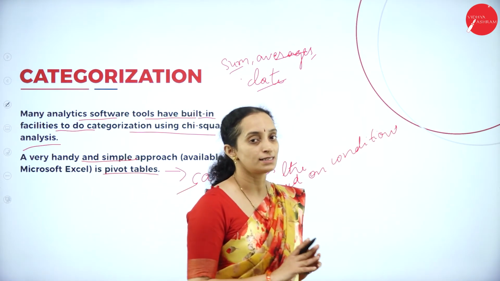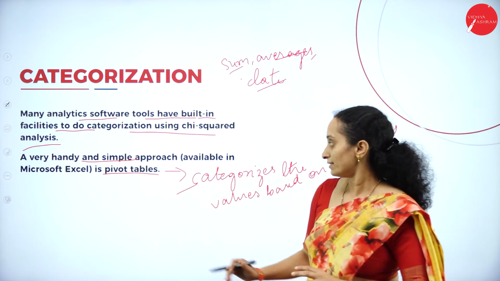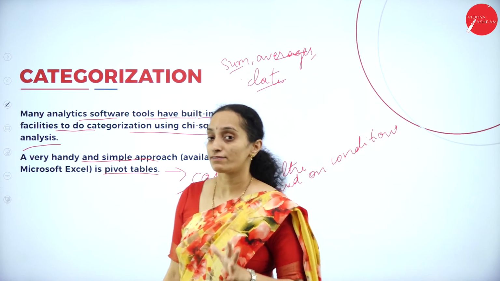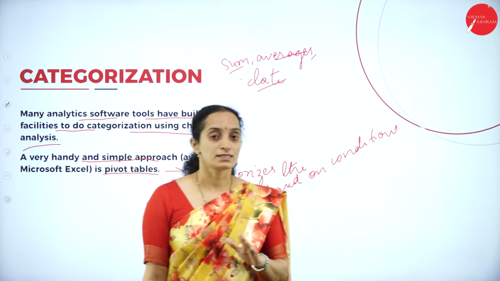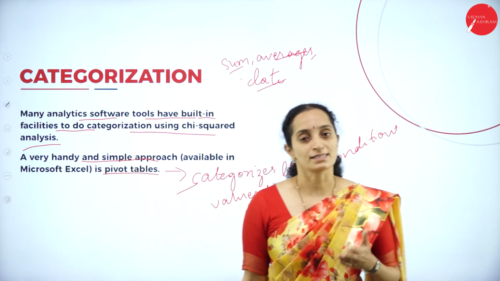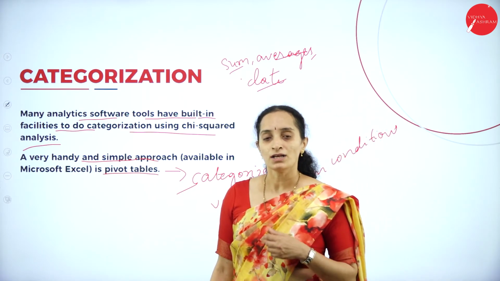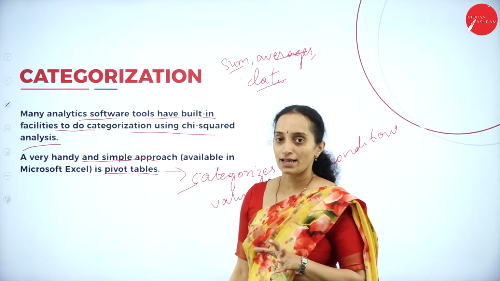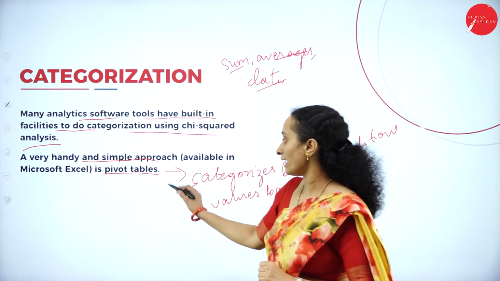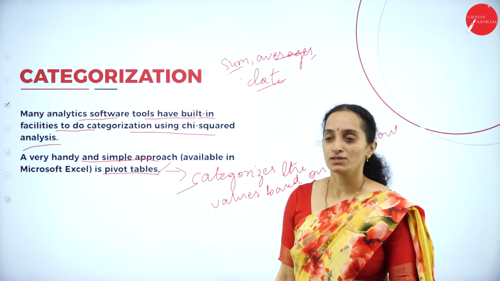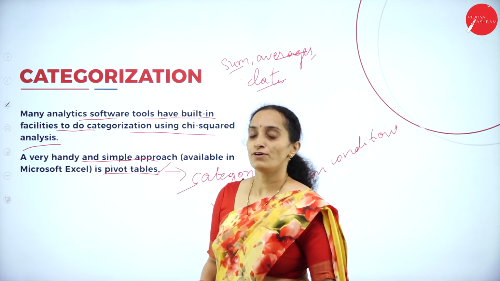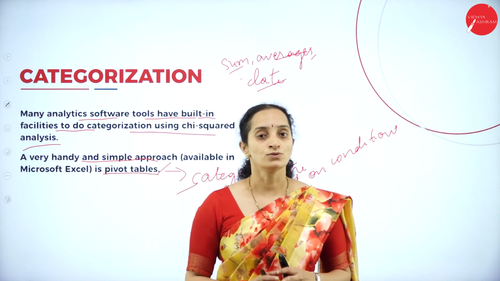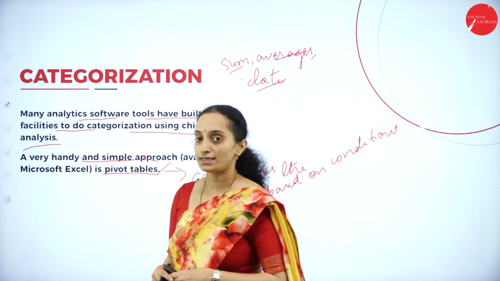So we can consider the pivot table for the categorization of the data. In case of big data, is it comfortable or usable with big data? Yes, it is usable with big data. You can easily use a pivot table to categorize the values. So this is about the method of categorization, how you are going to categorize the values in big data